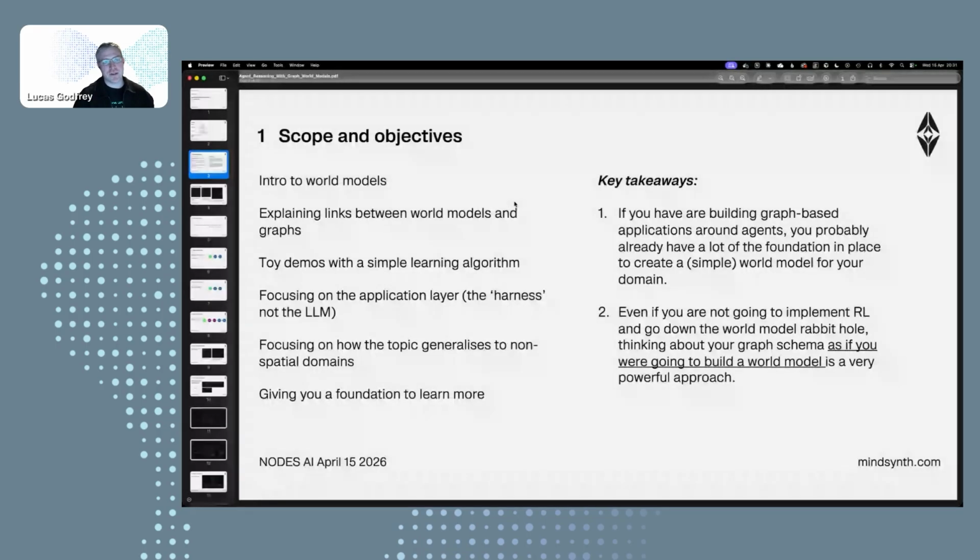So just a few things on scope. Obviously, as I said, I'll do a bit of an intro and explain the links between world models and graphs. I've prepared some toy demos with a simple learning algorithm to convey some of the concepts, so I'll go through those as much as I can in the time. I'm assuming this is focused on people who work at the application layer, so this is not to do with fine tuning the underlying LLM. I'm assuming you're working on the harness, shall we say. But I will look at how this topic generalizes to non-spatial domains